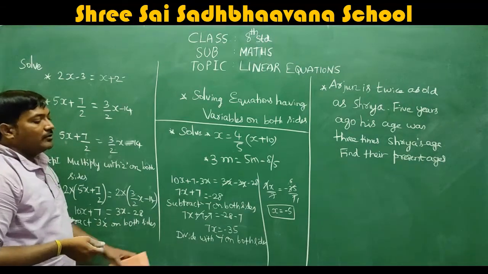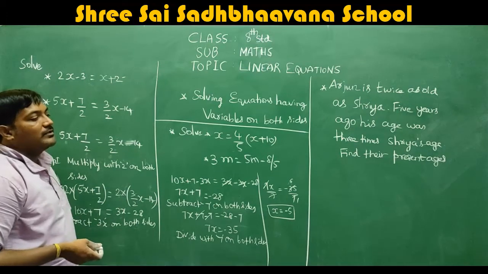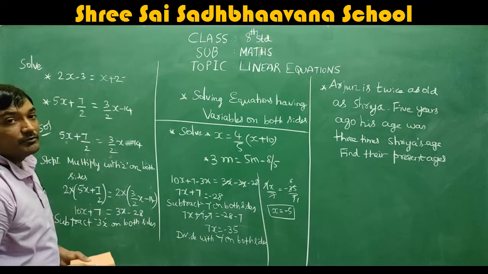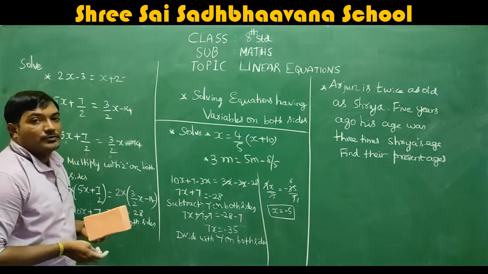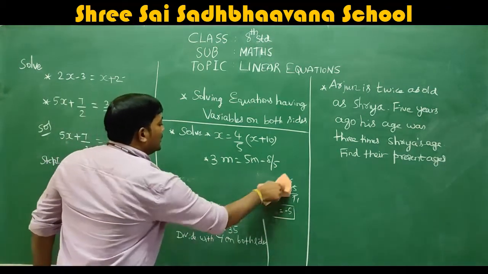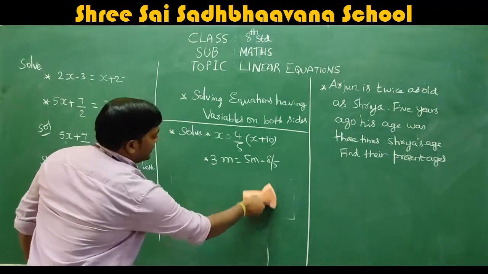And we need the x value. So again, divide by 7 on both the sides. So it becomes 7x by 7 is equal to minus 35 by 7, which is minus 5. So the final answer we got is x is equal to minus 5. So that is your answer. I hope you guys understood this. See, this is also one more method of solving linear equations.